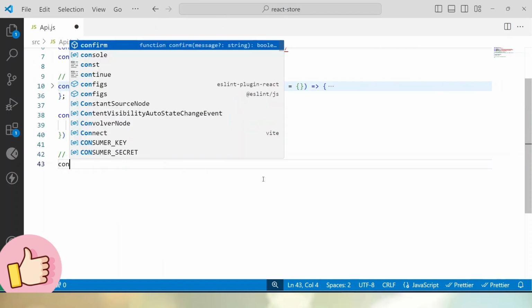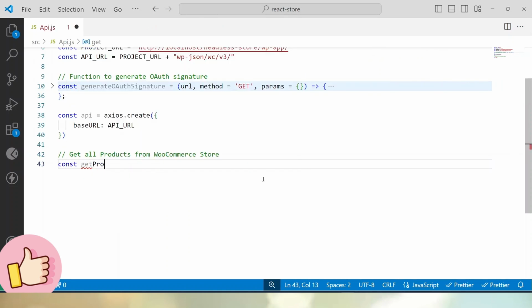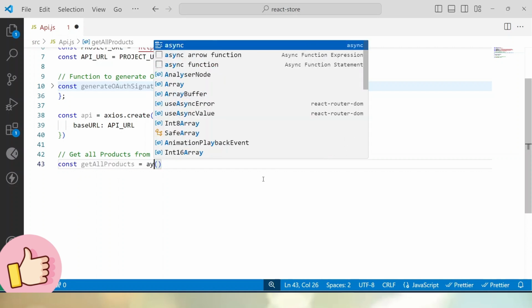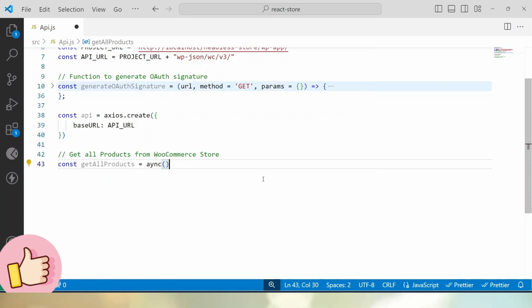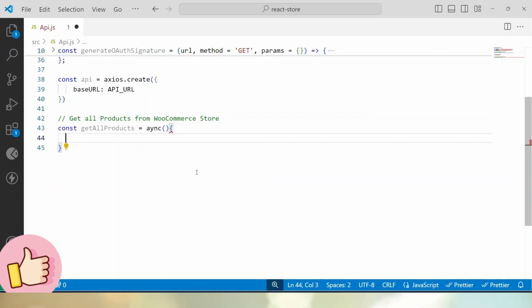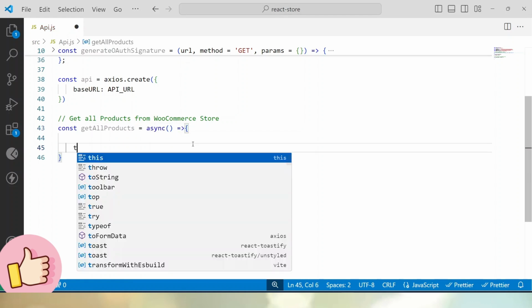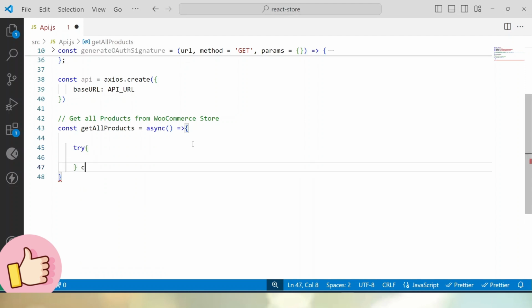And here, let's say const get all products equals to, this will be async method because I will use the concept of try catch block. So async function block, then after, let's use first try catch block,